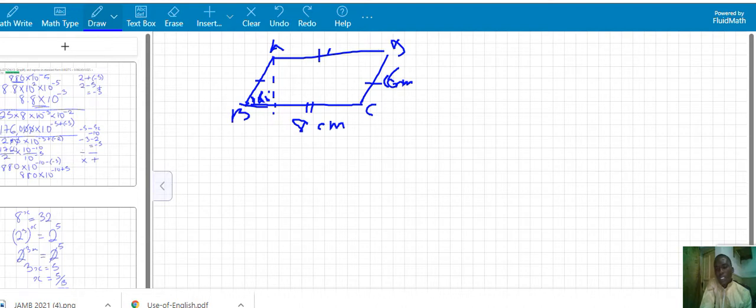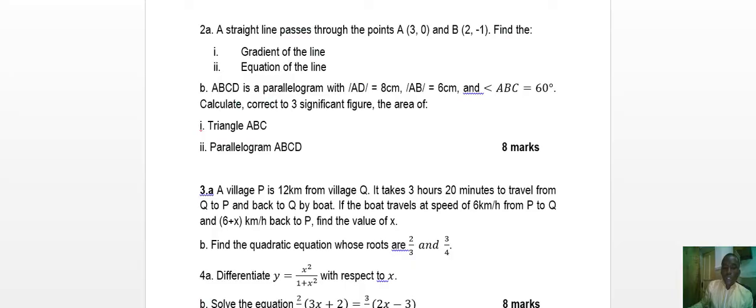Now this is a typical parallelogram we are asked to calculate. The question says we should calculate, correct to three significant figures, the area of triangle